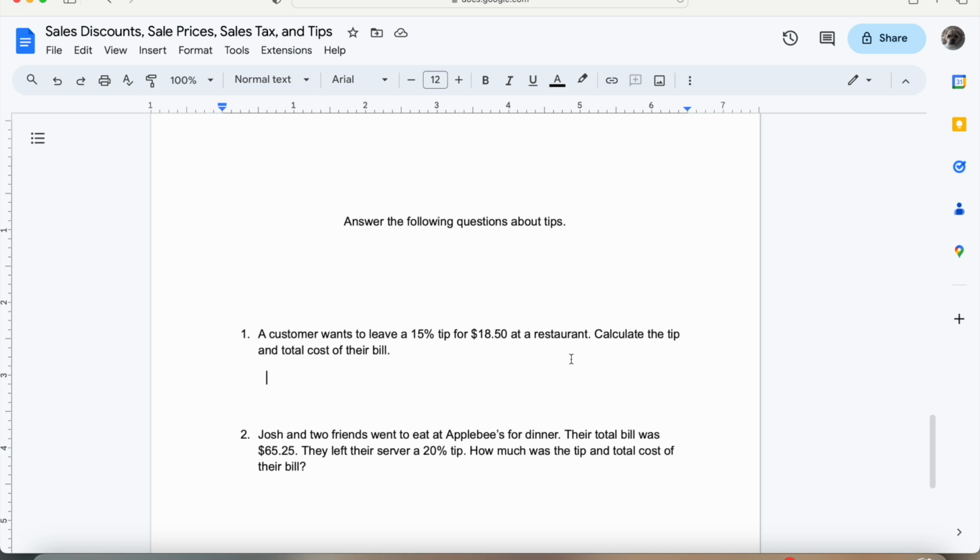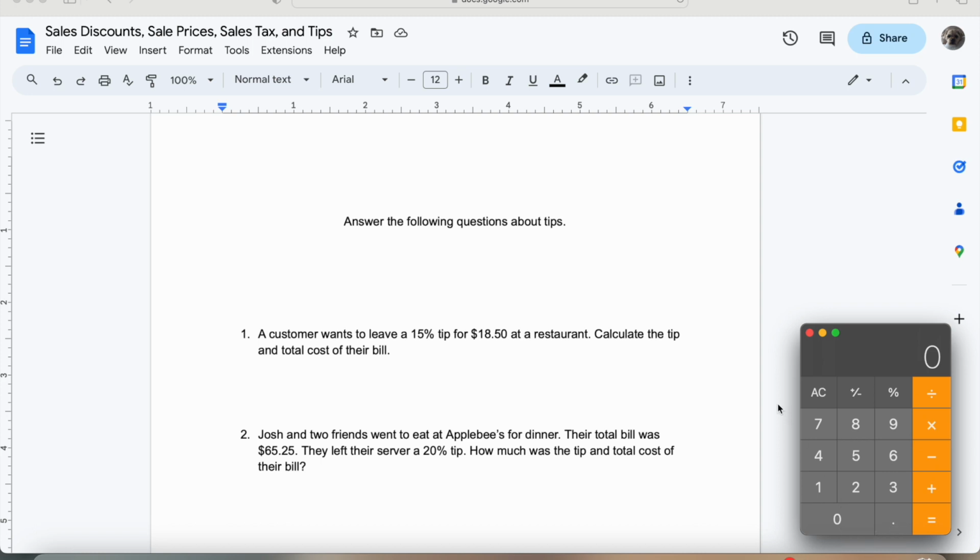So for number 1, a customer wants to leave a 15% tip for $18.50 at a restaurant. Calculate the tip and total cost of their bill. Okay, so for this problem, if we take